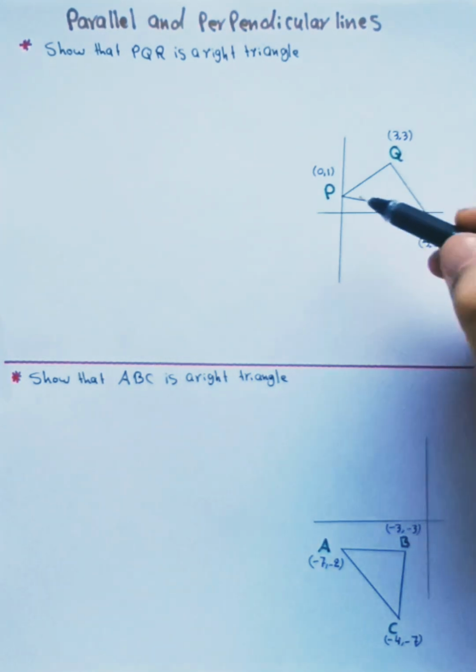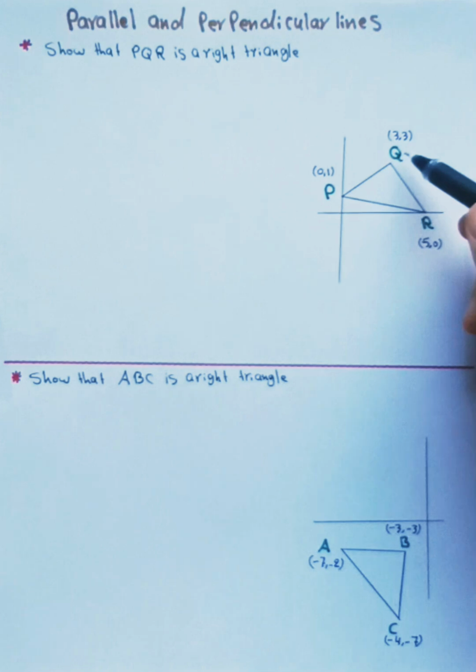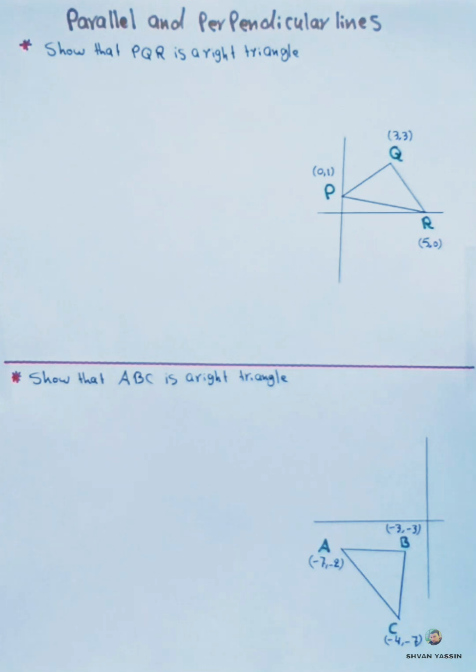So you have to find the slope of PQ, then find the slope of QR, and then multiply the slopes. If we get negative 1 as a product, we can say PQ is perpendicular to QR, and then this is a right triangle. So the slope of PQ